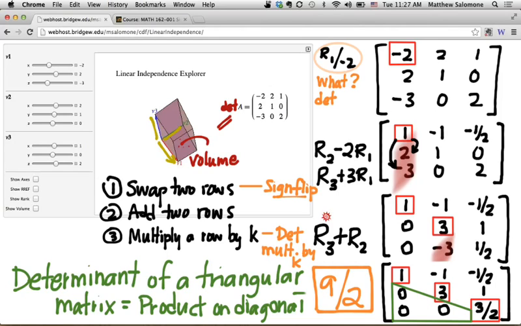Exactly. The determinant got divided by negative 2. So the determinant became the determinant divided by negative 2 at that step. And so if we want to know what the determinant of our original matrix was, we're going to have to account for this. Namely,